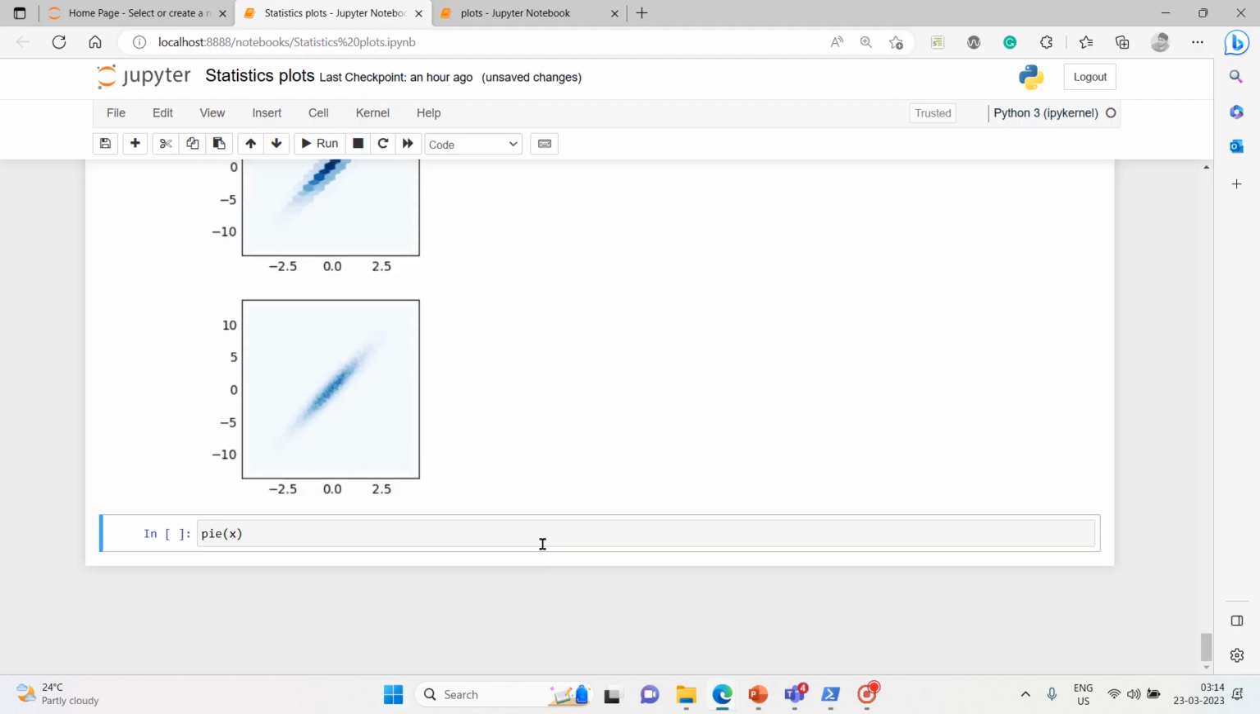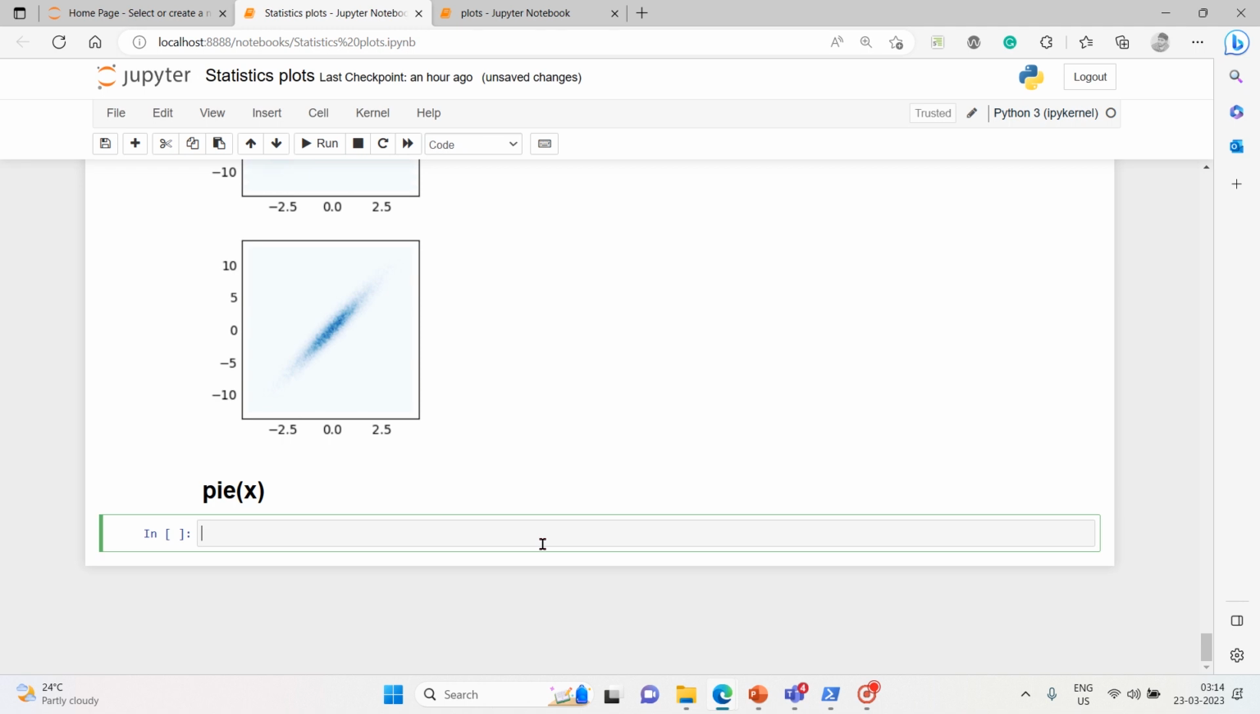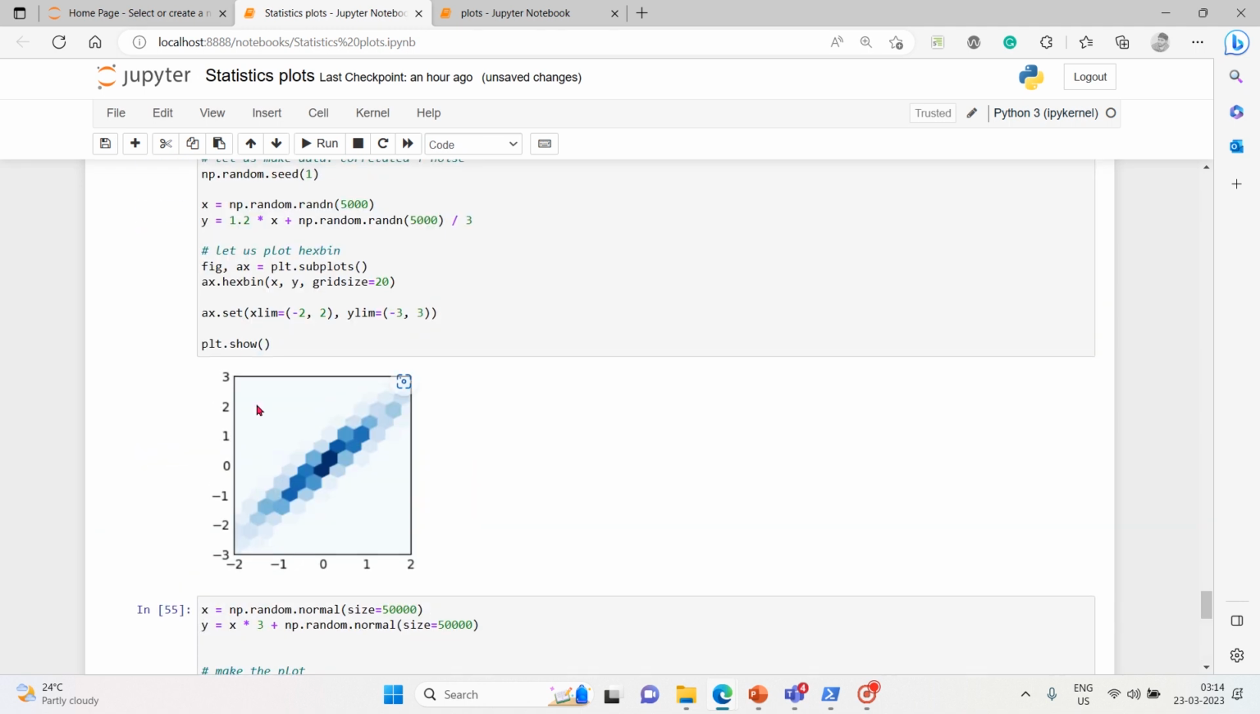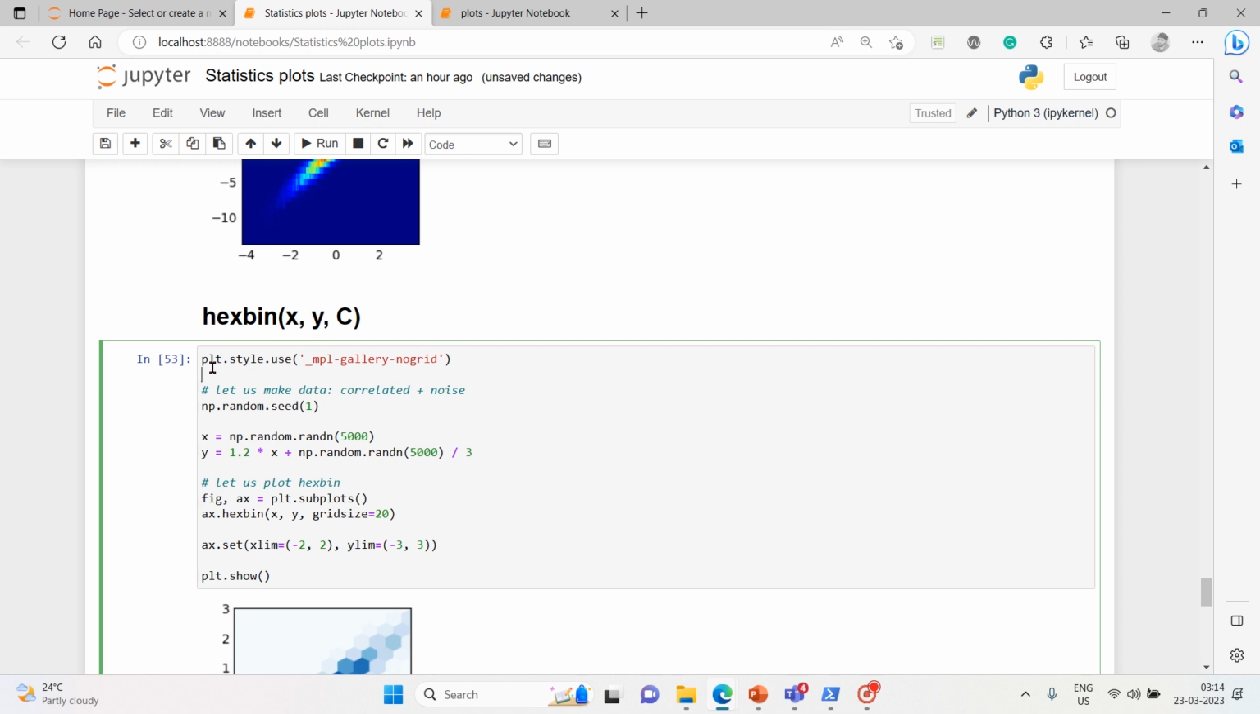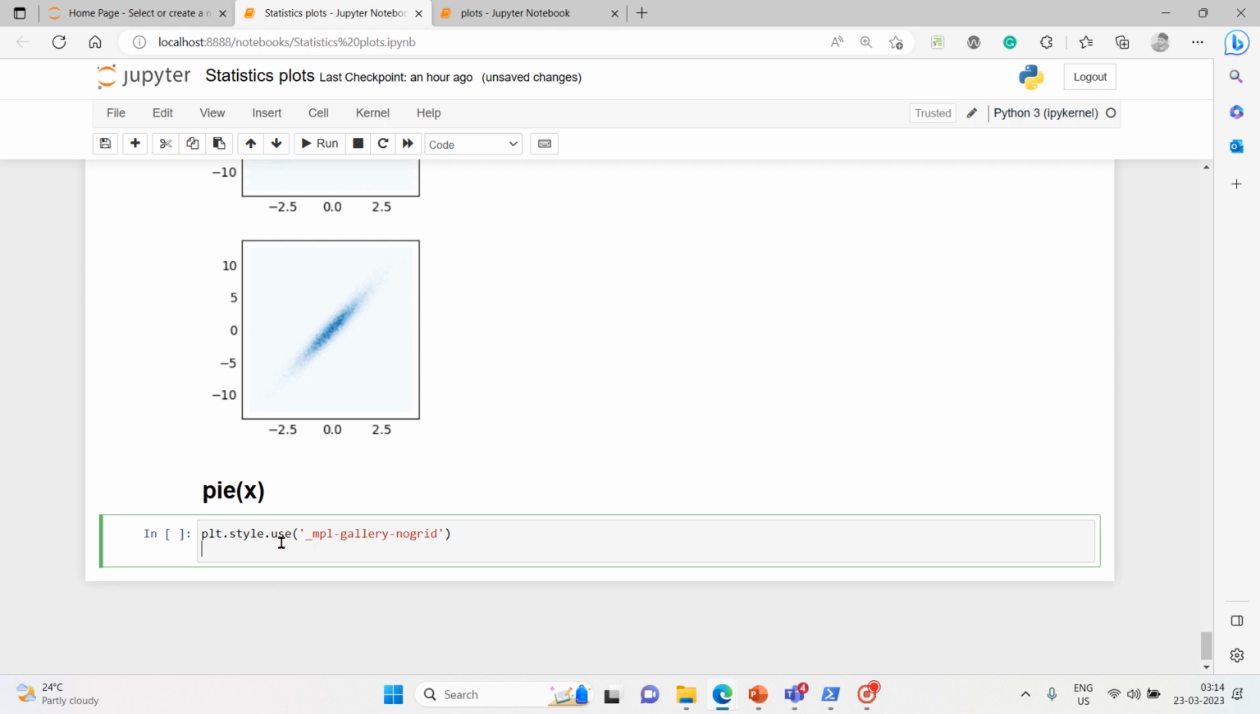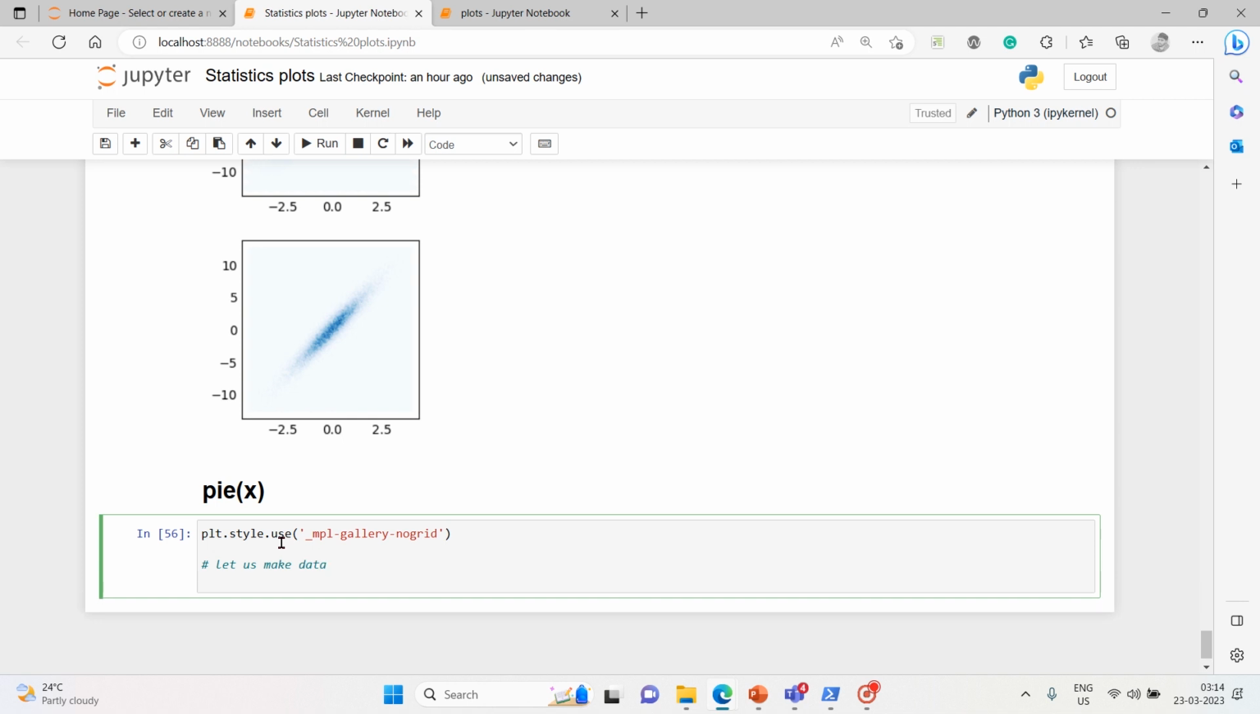Pie of x. Let's copy this one, and then let's make data. We'll take a simple example. We'll take an x list sequence, that's 1, 2, 3, 4. Then colors